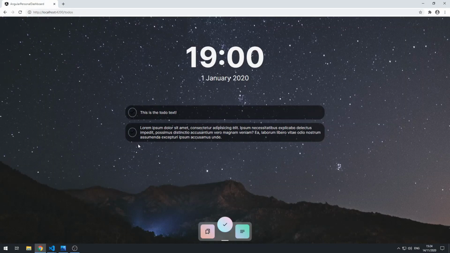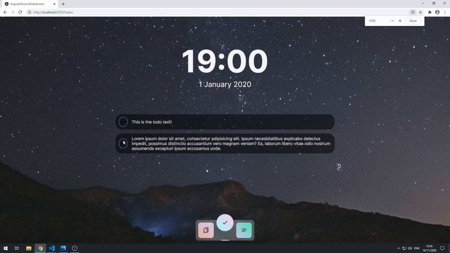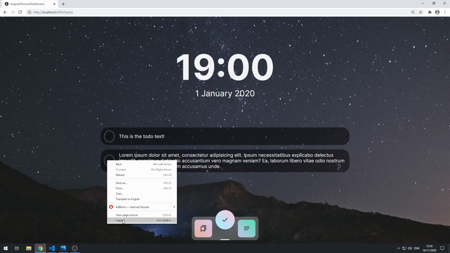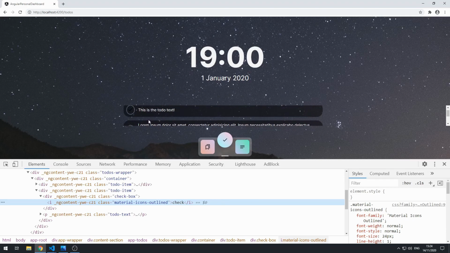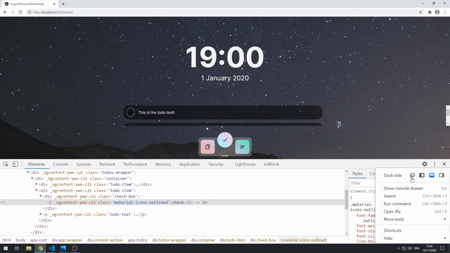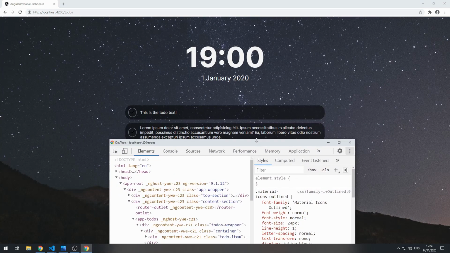Alright, cool. So the next thing we can do is we can actually make sure that these are completely round. So these aren't actually completely round, and if we go and inspect element, we can see why. So let me actually make this a separate window. Alright, so